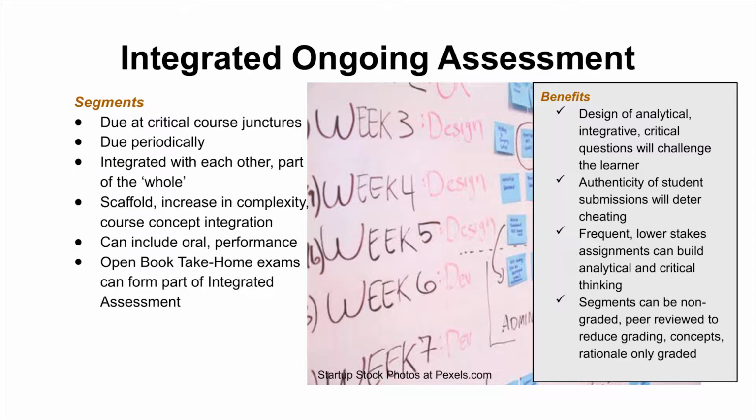For example, students could first submit an annotated bibliography or literature review, then a practice outline for a presentation, project, or portfolio. Or they could submit an outline and later produce a web page, a reflective paper, or a presentation, either group or individual. Your overall assessment strategy could integrate one or more of these along with an open book exam. There are many ways to use integrated ongoing assessment. You can add this style of assessment into your courses over time by building one or more elements each time